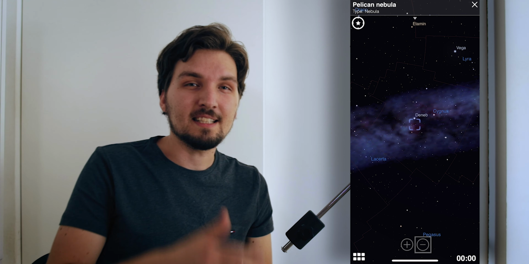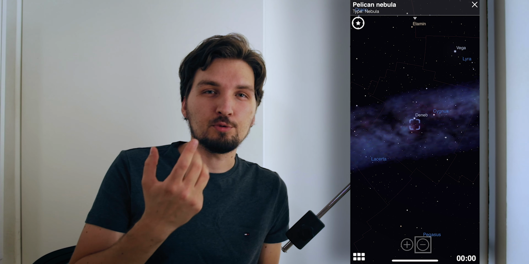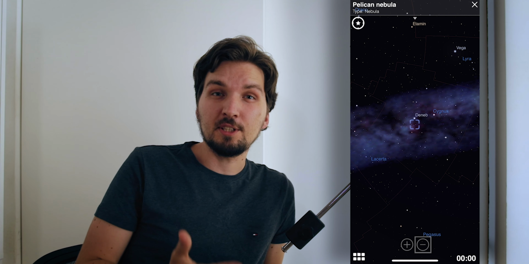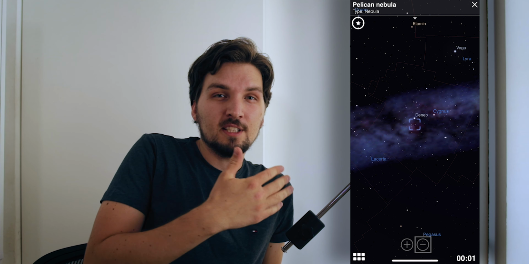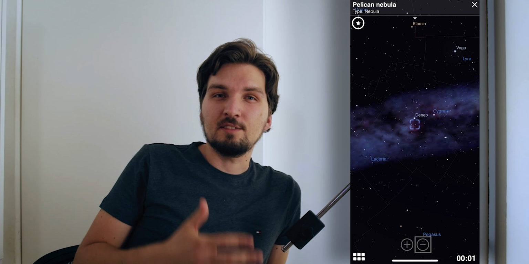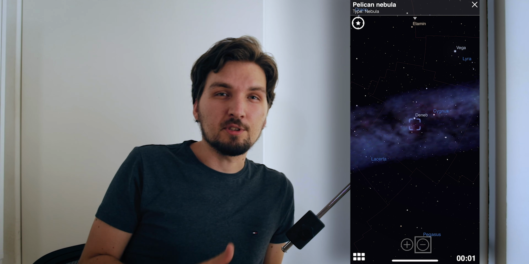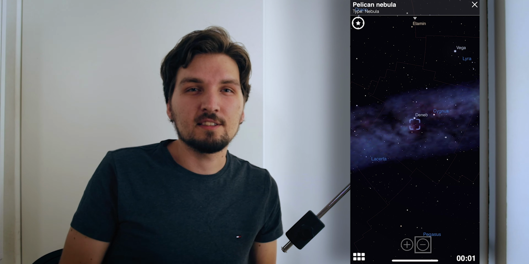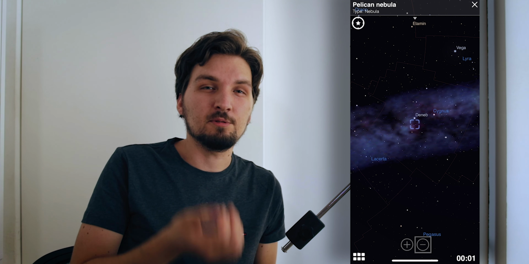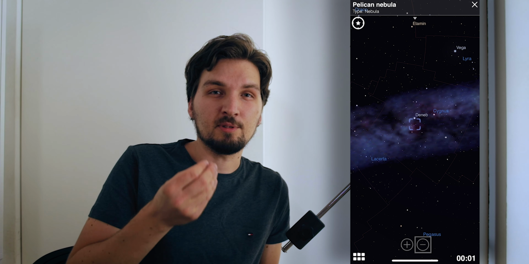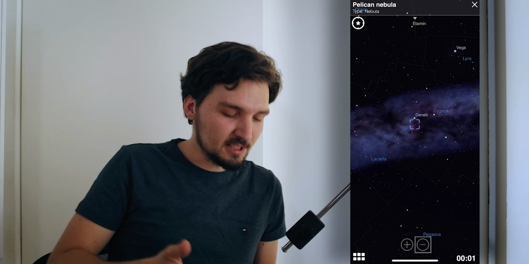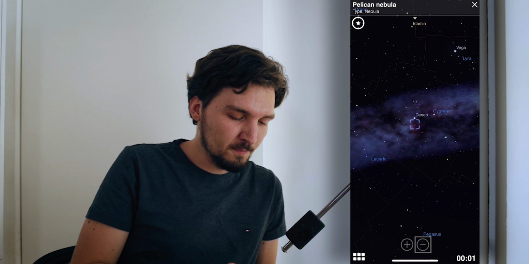And in order to do that, there is a very useful tool right here in Stellarium, because if you are not under a super dark night, if you are shooting maybe from your backyard, maybe you're in some kind of urban or suburban area, chances are that you have quite a bit of light pollution and you don't see as many stars with your own eyes in the sky as you can see in the app. So what you can actually do,